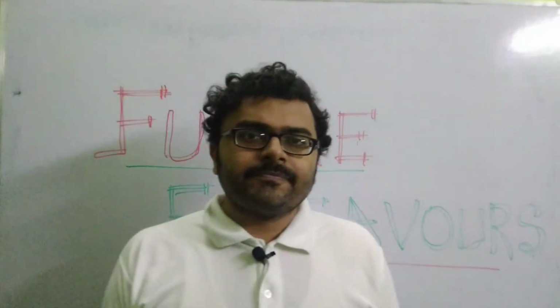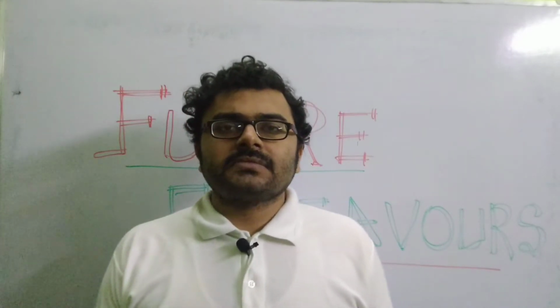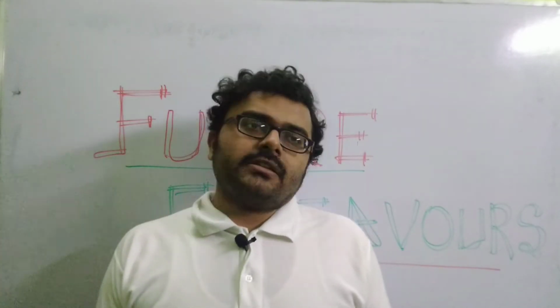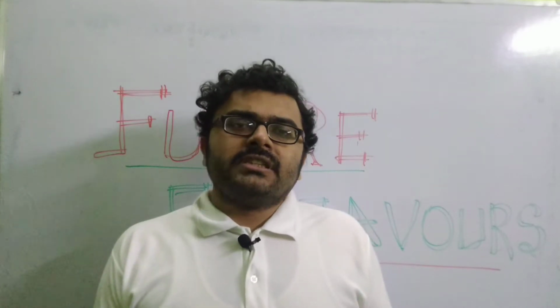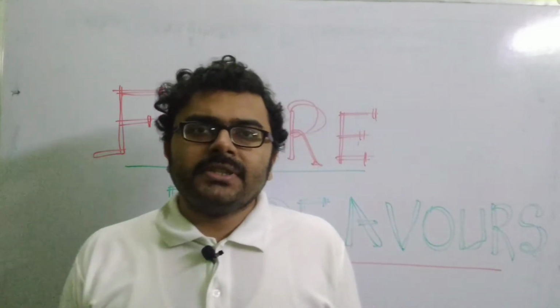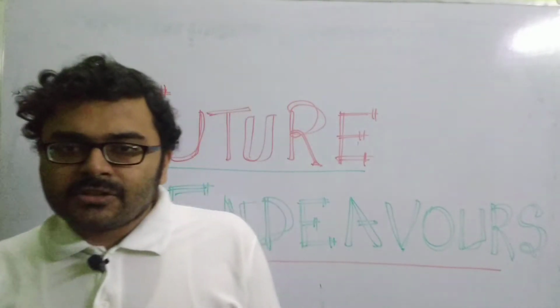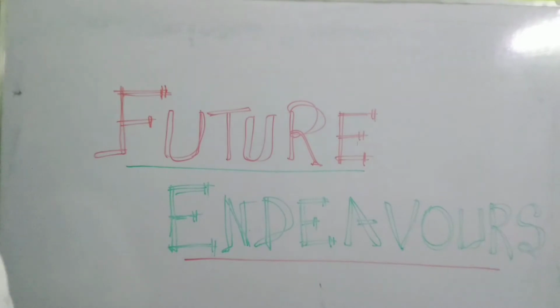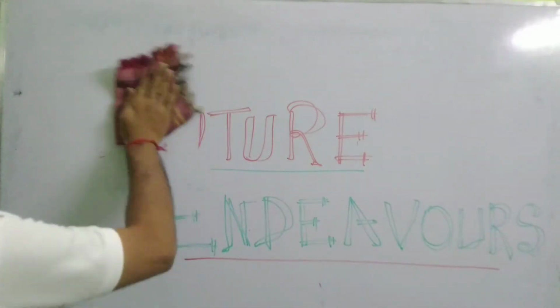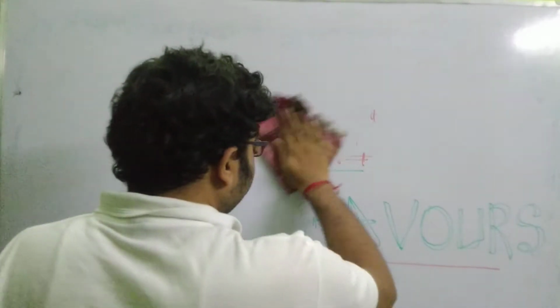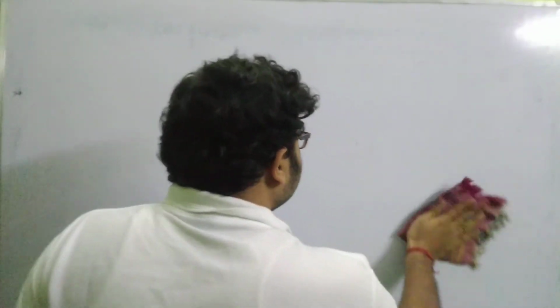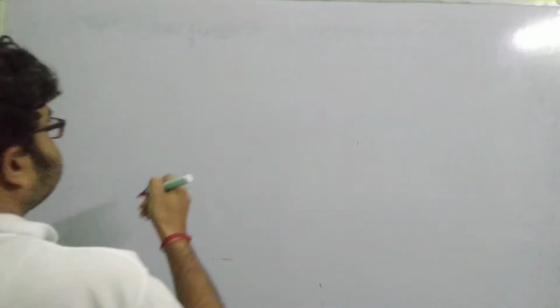Today we will be discussing a chapter which is in the class 9 syllabus. We have almost finished all the chapters related to class 10, so today we will be discussing a chapter which is in class 9. What is the name of the chapter? Can you guess? Yes, definitely, it is the first chapter of the class 9 physics syllabus, that is units and measurements. Make the heading units and measurements.